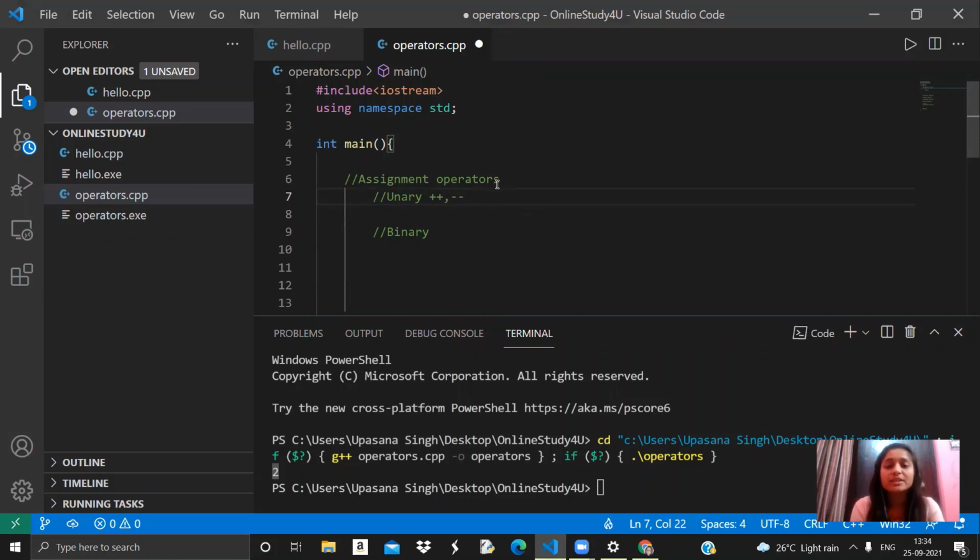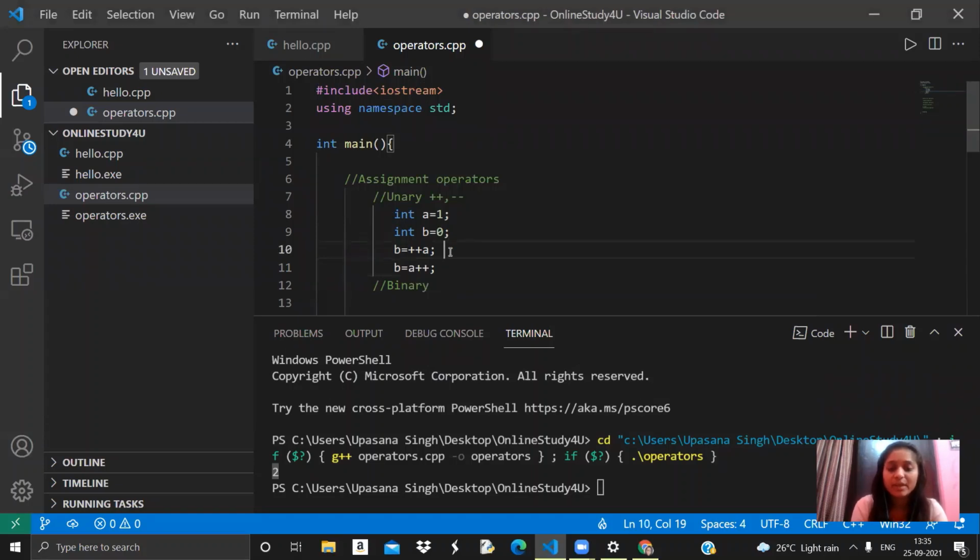We can perform these operations in two ways, that is prefix or postfix manner. Let's see prefix and postfix one by one. Suppose I have int a equals to 1 and int b equals to 0. Now, if I assign b equals to plus plus a, or I can assign b equals to a plus plus.